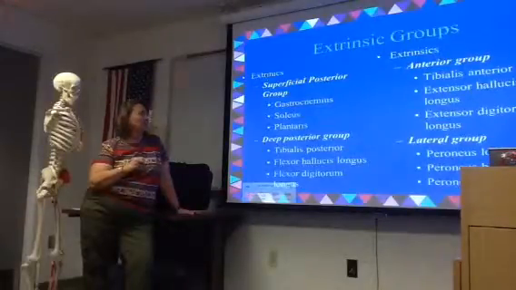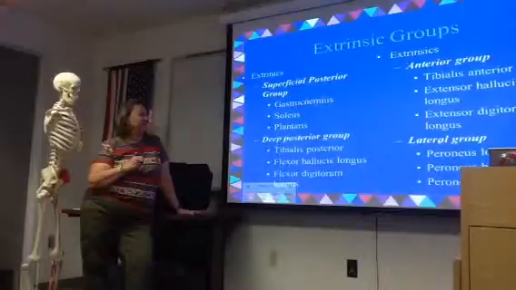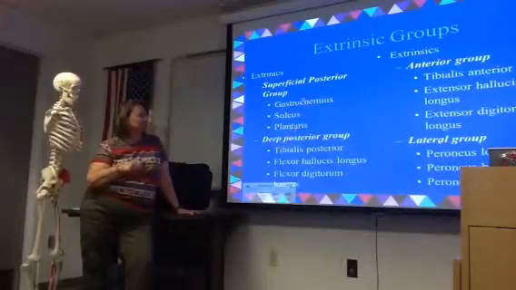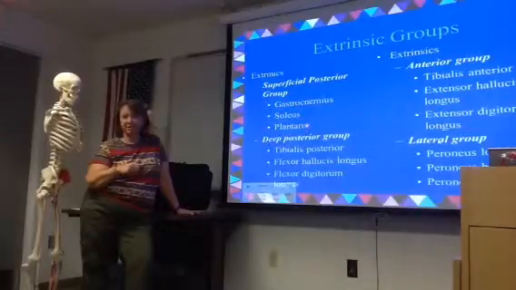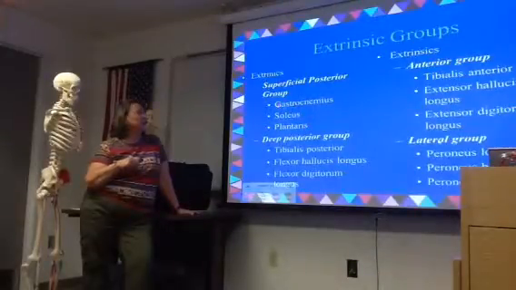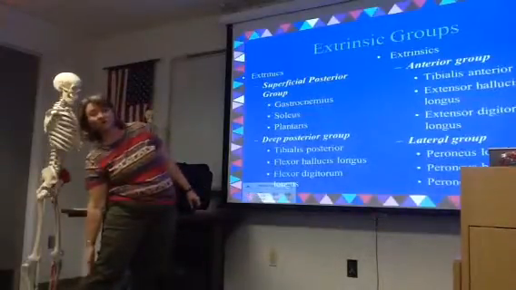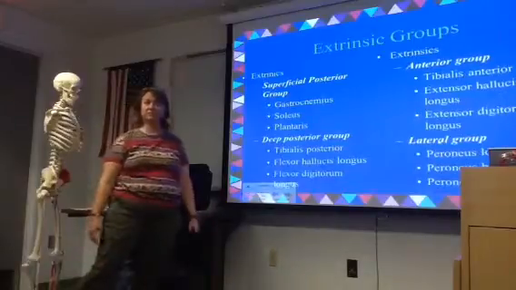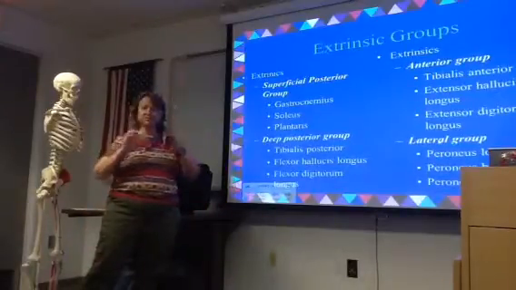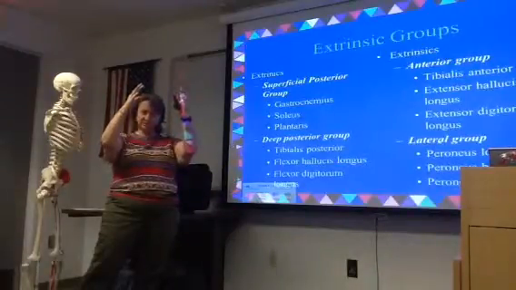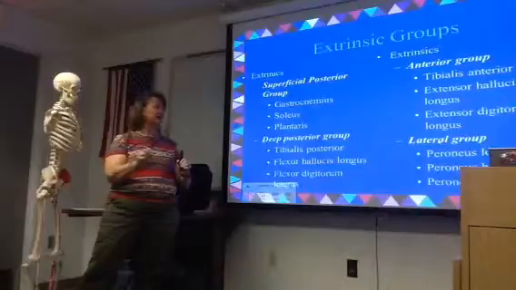So here are your extrinsic muscles by group. You're going to notice we've got a superficial and a deep posterior group. Your superficial group is going to be gastroc, soleus, and plantaris. Gastroc is what gives you the bulk of the contour of your posterior calf. It's going to have 2 heads, like one muscle that divides into 2. It's going to be attaching on both sides above the knee, and then it has a common tendon in